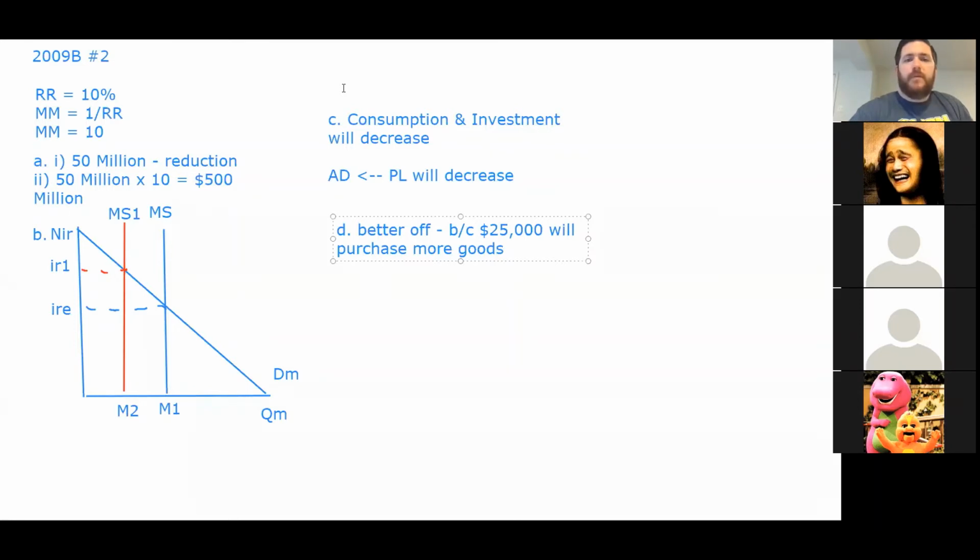That's clean. All right, here we go. Clearing the whiteboard. Let's go to the next one. Okay, so the next one is going to be 2014 number 2. All right. So 2014 number 2, the Federal Reserve can influence the